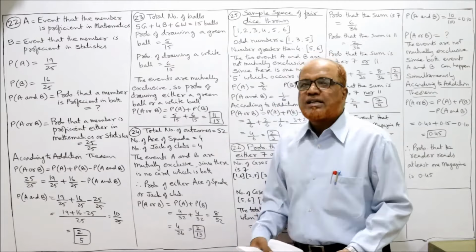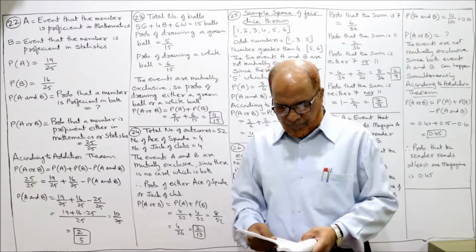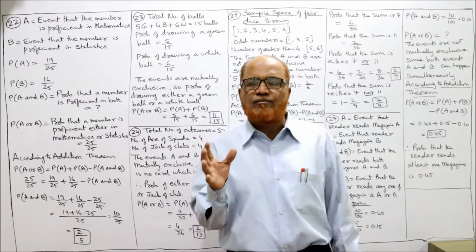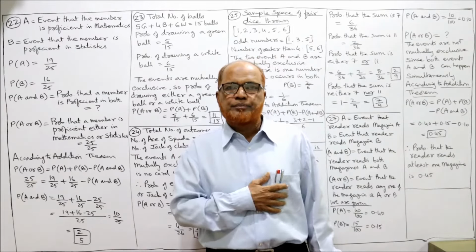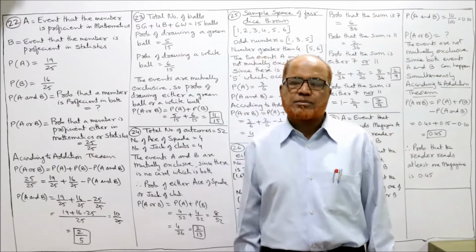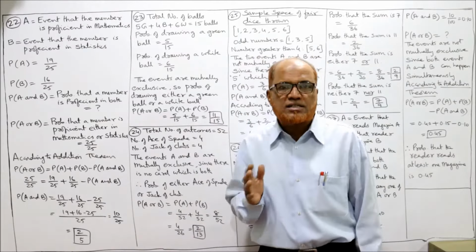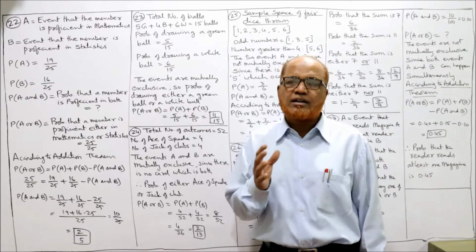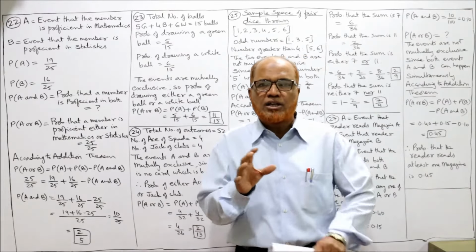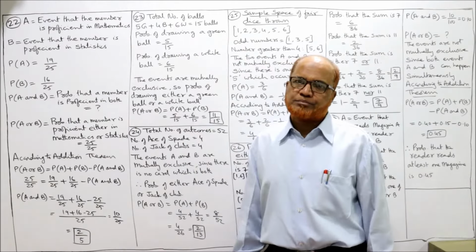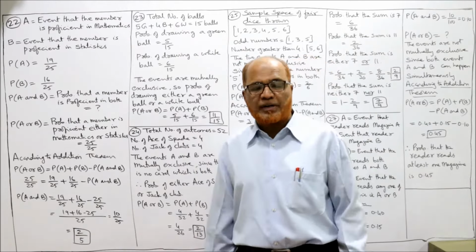Now the 22nd problem, see the 22nd problem. I already told you this probability chapter is a unique chapter where every problem will be a unique problem. Very few problems are repeated, but most of the problems are always unique. So you have to understand the contents of the problem. Until and unless you understand the content, you cannot mechanically solve the problem. This is the peculiarity of the probability chapter.